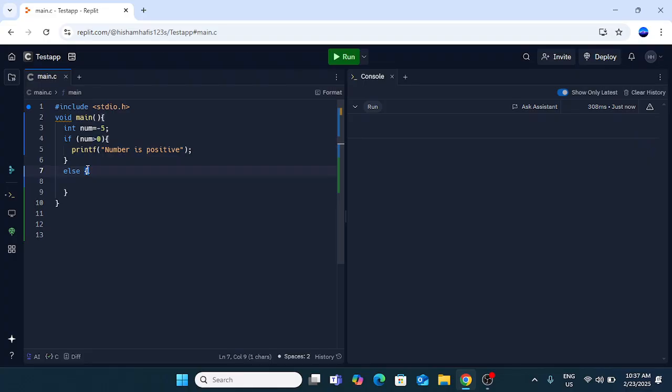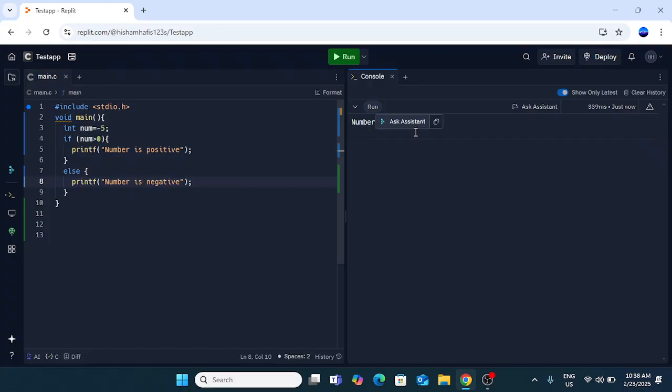You can do it without the curly bracket as well, but I'm going to keep writing it like this. So in else, in the curly bracket, you write what you have to execute. If this is not true, if the number is not greater than 0, it executes the second command, that is printf number is negative. When you run it,